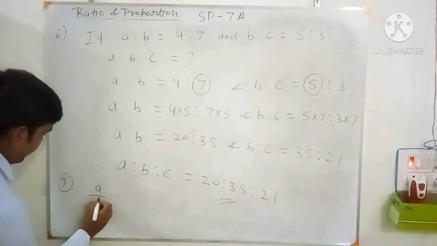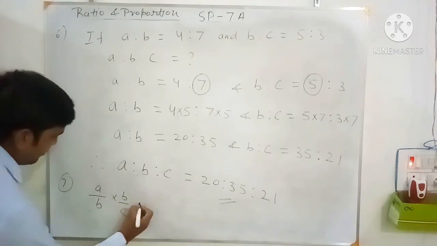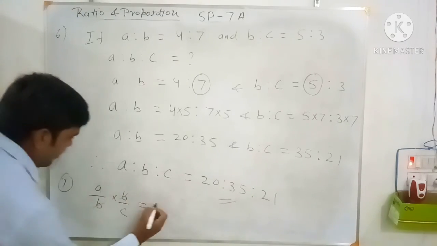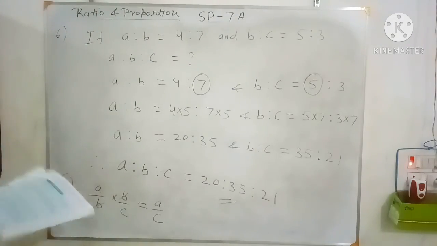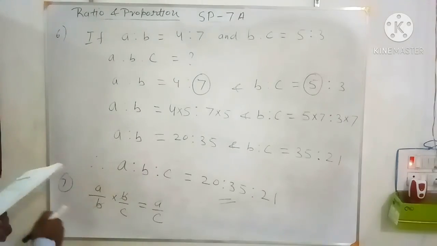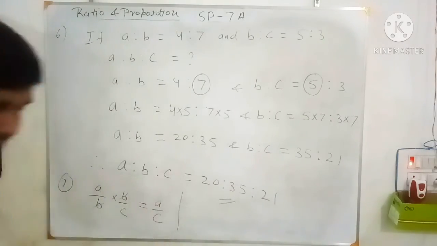If you multiply the ratio A by B to the B by C, multiply the two given ratios, so what you will get? See, B cancels. You will get A by C only. A by C. So if you multiply these two given ratios, A by B into B by C, you will get the ratio A is to C. Means 5 by 6 multiply 9 by 4. So that you can calculate here.